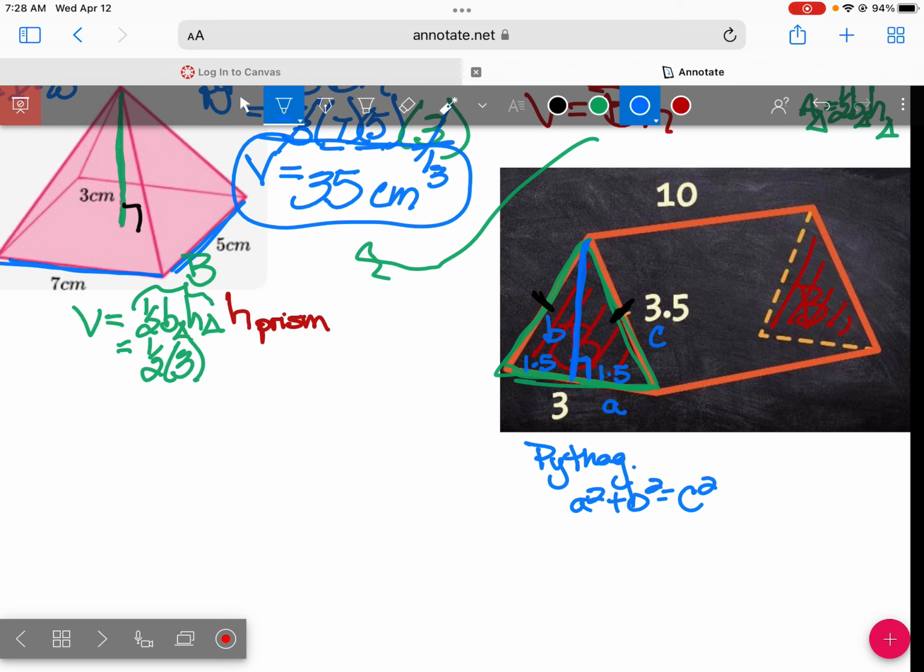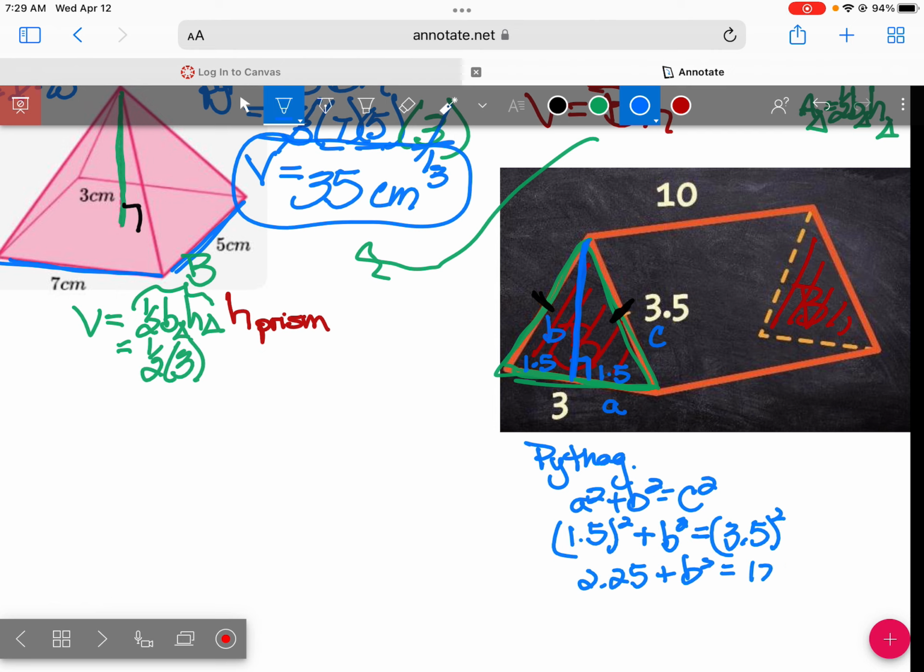So my A is going to be 1.5 squared plus B, I don't know what B is, so I'm just going to leave that as B. And C is 3.5 squared. So 1.5 squared is 2.25, I believe, plus B squared equals 3.5 squared,